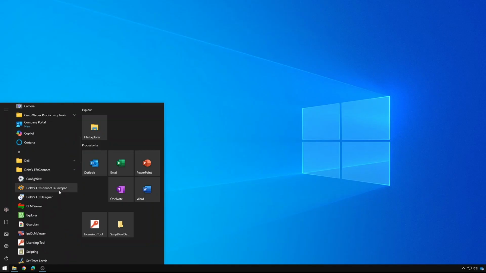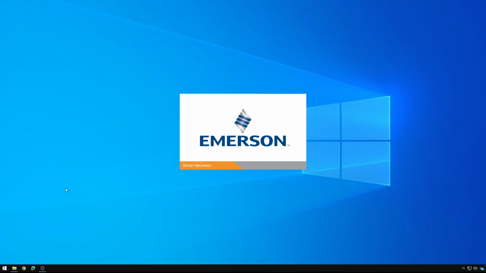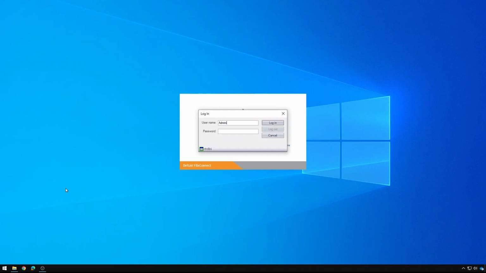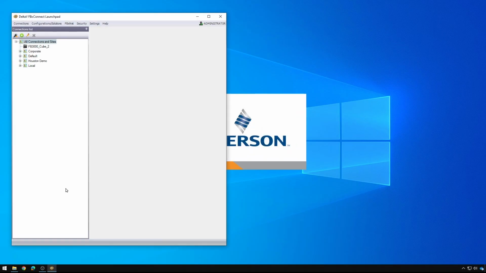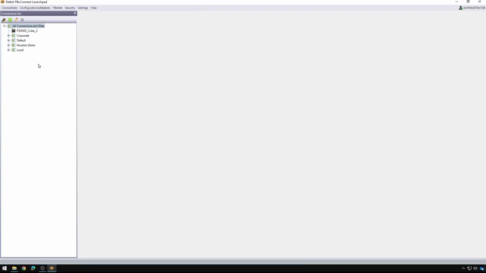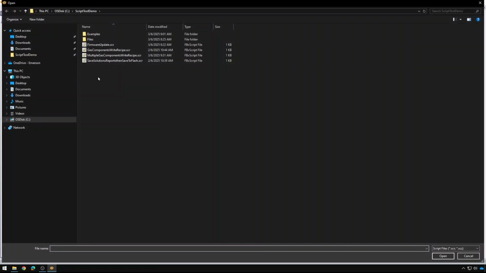I'll launch here DeltaV's FBxConnect Launchpad. I will log in with my username and password here, and you can see here my list of devices in my tree that I can make a connection to. Now if I right click on a particular FB3000 RTU here, you'll see the option to run script where you can point to a script already developed. So I'm going to point this to a script file here,